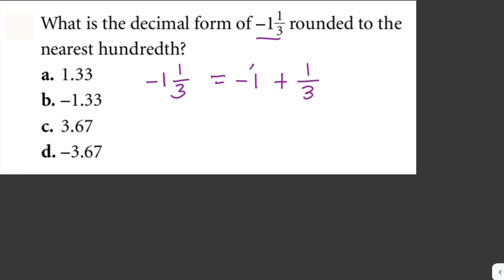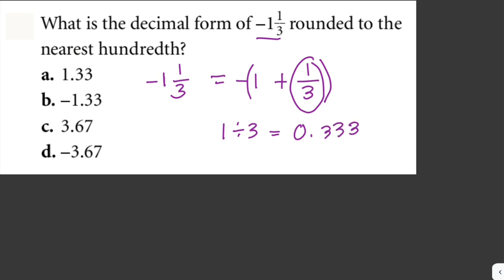This is negative of 1 plus 1/3. So we can convert 1/3 into a decimal by dividing 1 by 3. So 1 divided by 3 is just equal to